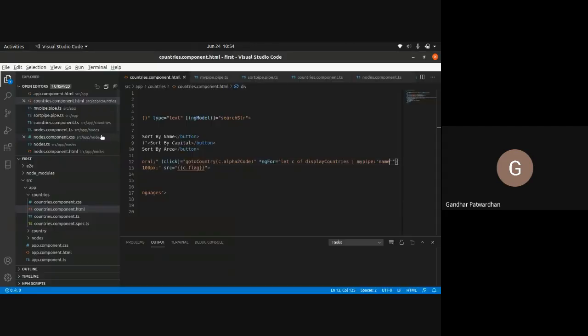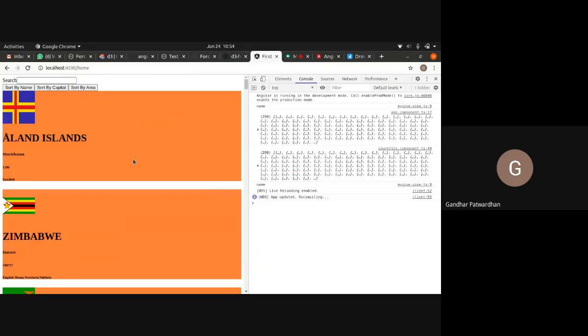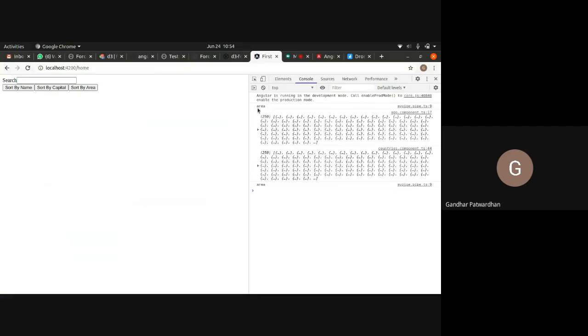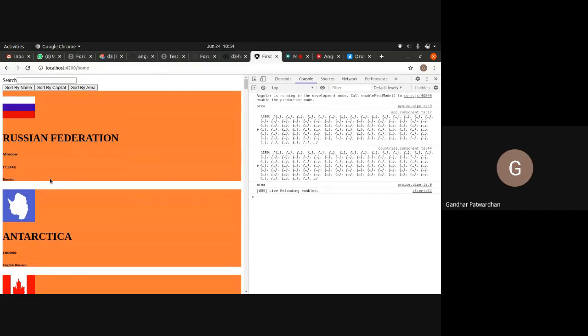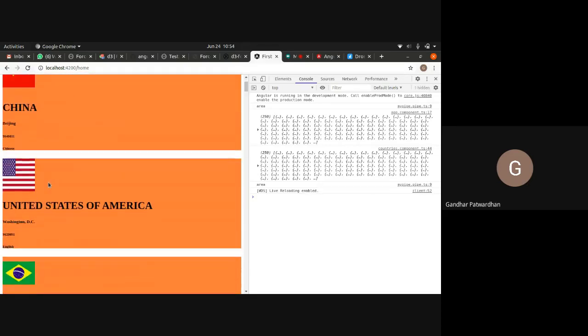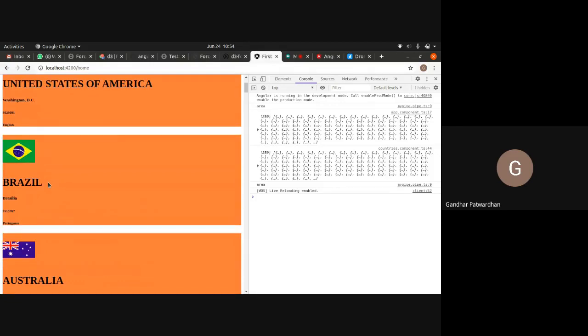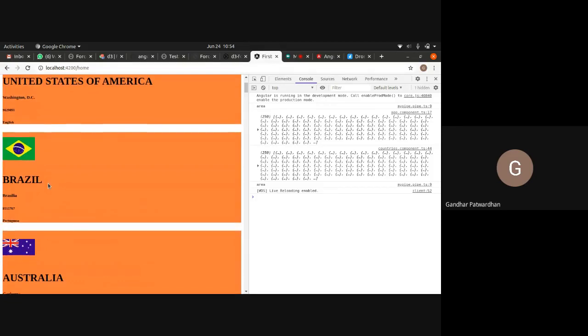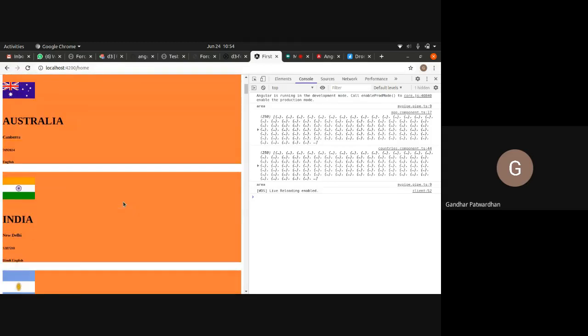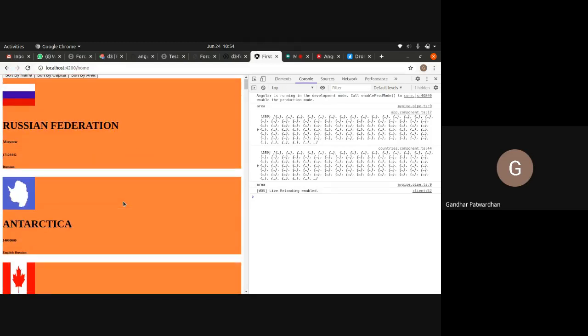Let's say if I have to sort on the basis of area, I'll say area. We got the area printed here and it's sorted on the basis of area. So is it clear?